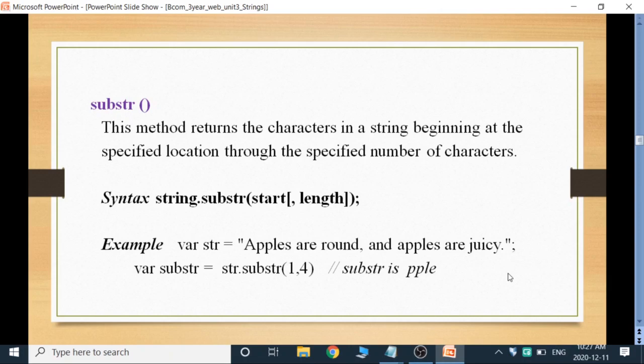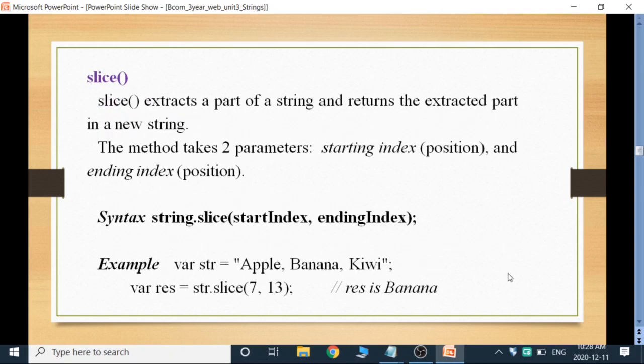This is about substr. Next one is slice. Slice extracts a part of a string and returns the extracted part in a new string. This method takes two parameters, starting index position and ending index position, because it has to extract the characters from the beginning position to the ending index position.